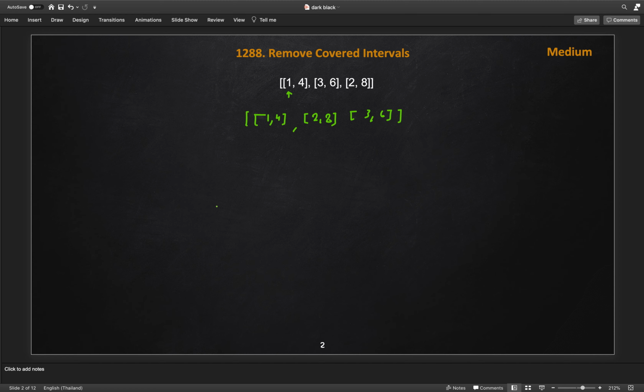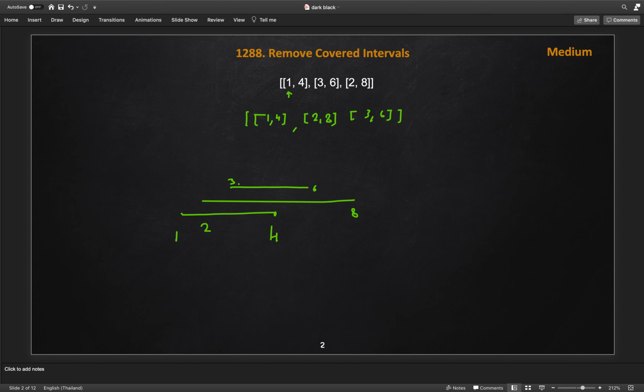After sorting based on the start, this will be our intervals array. Now let's try to draw the intervals. I start from 1 and go till 4. The second interval starts at 2 and goes till 8. Now the third interval 3 to 6, so 3 will be somewhere here, and it will go till 6.